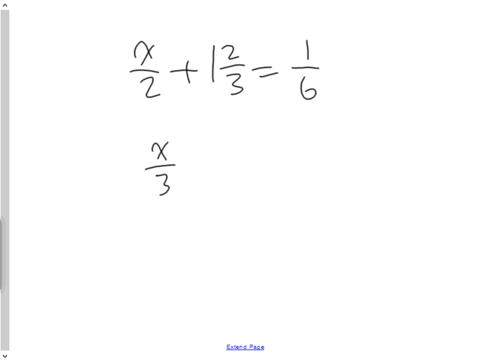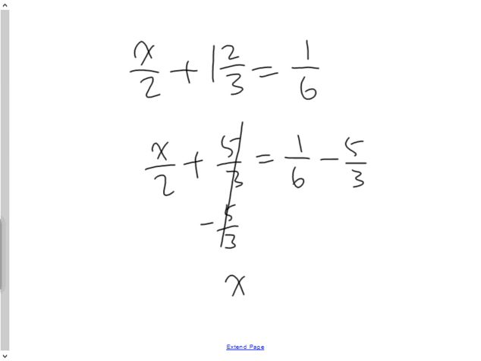Question 4, we'll solve the regular way. So x over 2 plus 1 2/3 equals 1/6. So probably if I was doing this question, the first thing I would do, oh, that's not a 3, that's a 2, is I would rewrite 1 2/3 to be 5/3. Okay. And then if I'm doing it the regular way, I'm going to get rid of my constant by subtracting 5/3 from both sides. Leaves me with half of x is equal to,